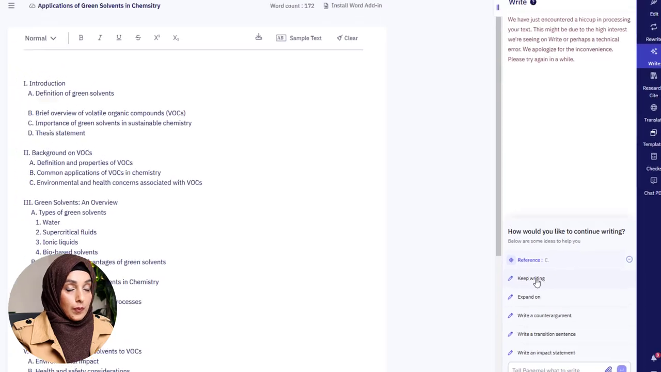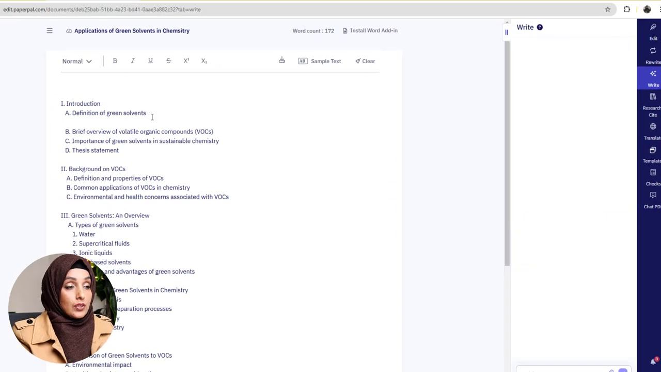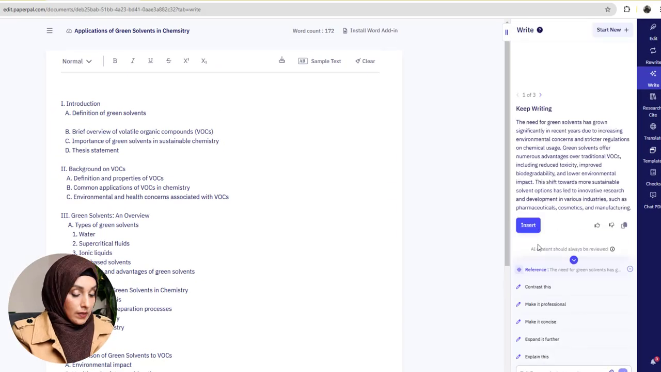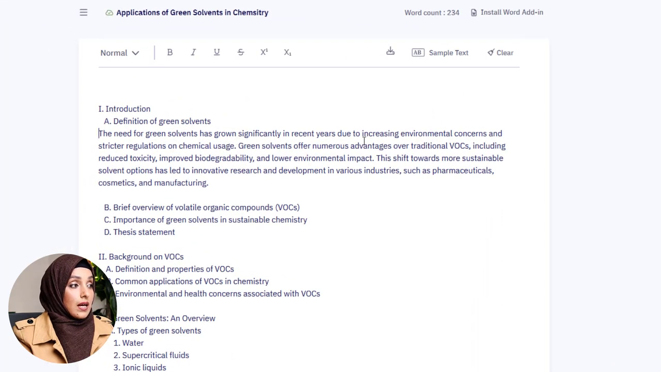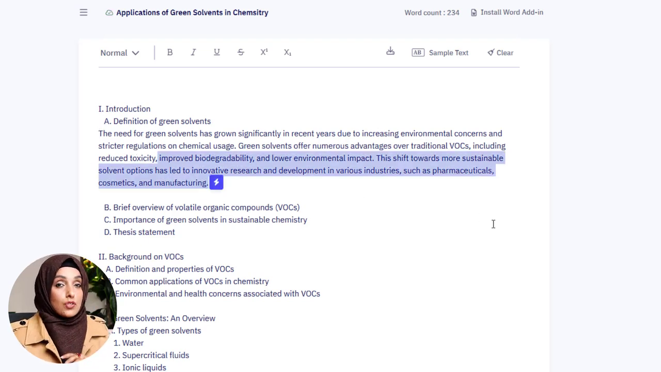So I will ask Paperpal to keep writing, and this is what I get. The need for green solvents has grown significantly in recent years due to the increasing environmental concerns and strict regulation on chemical use and all that. Now, this information doesn't have any reference or any source, which is a drawback of Paperpal, and for that purpose